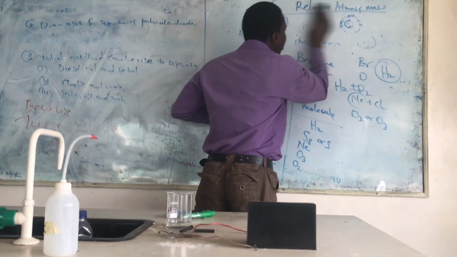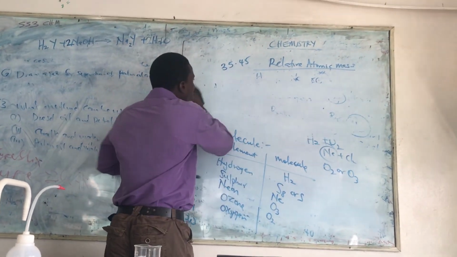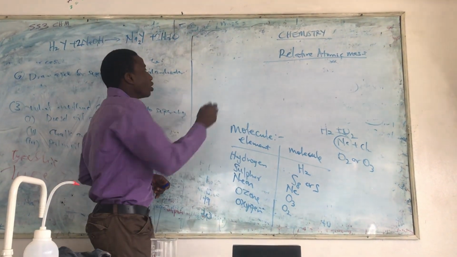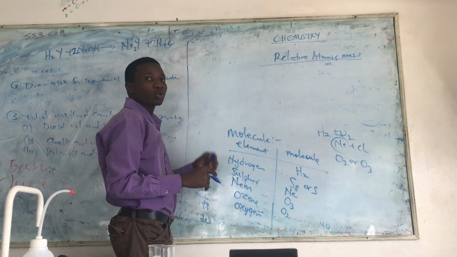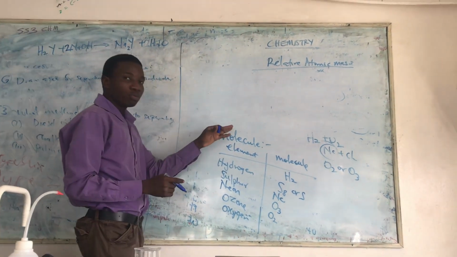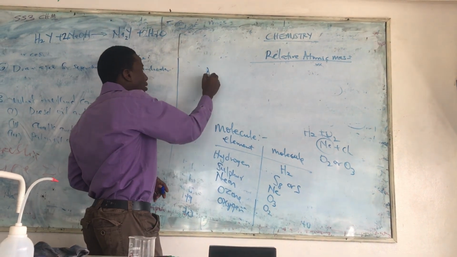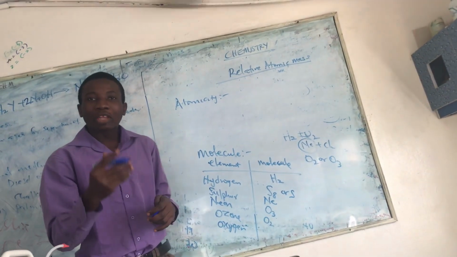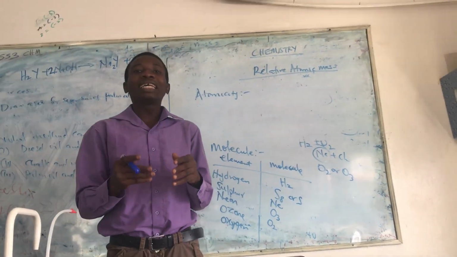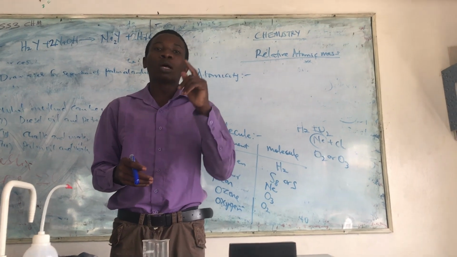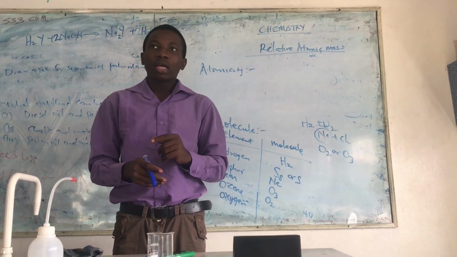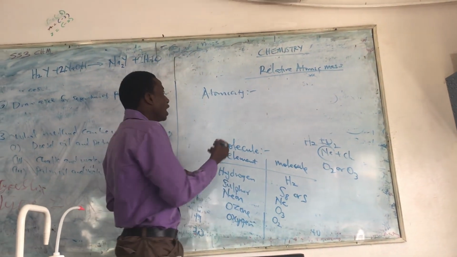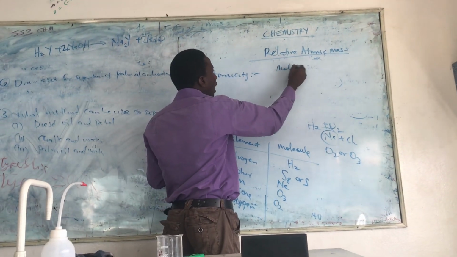We have what we call atomicity. I'm trying to build a foundation so that we understand what I will talk about. That is why I moved to atom, molecule, and atomicity. What do we mean by atomicity? Atomicity is the number of atoms in one molecule. For example, if I write a molecule like